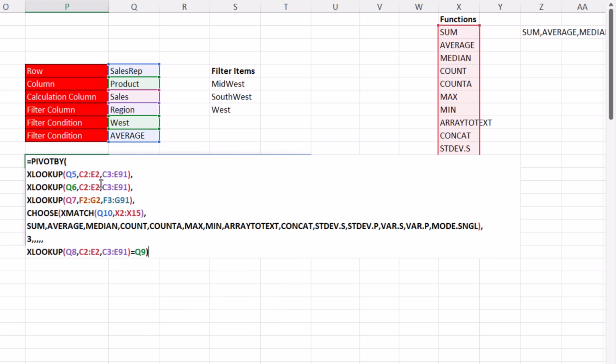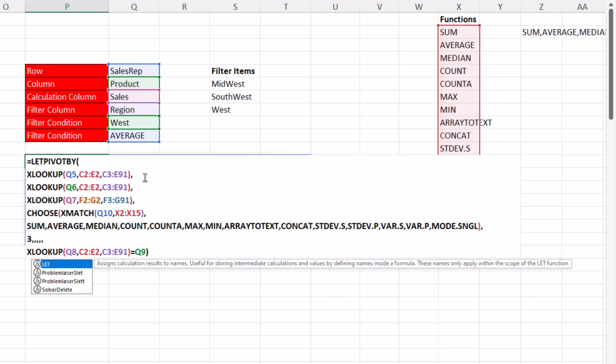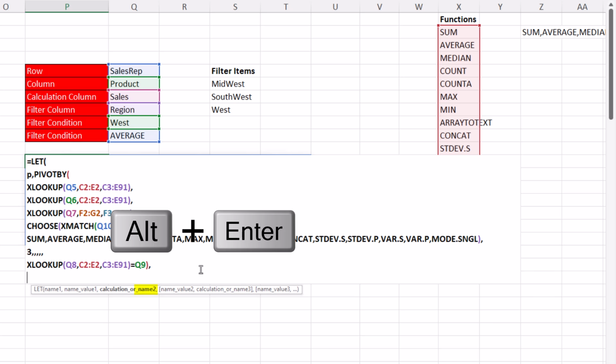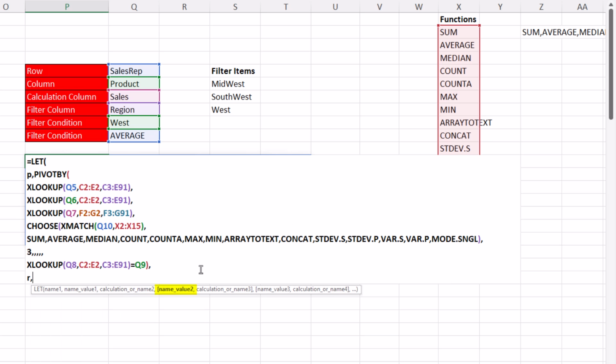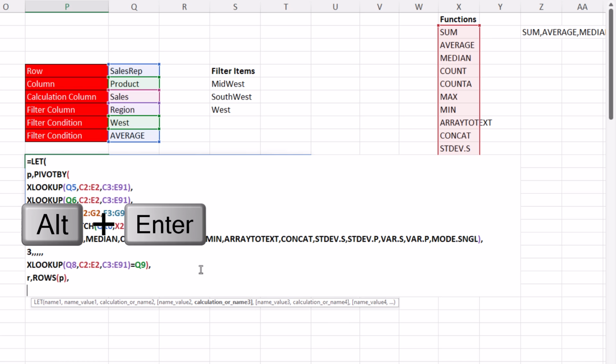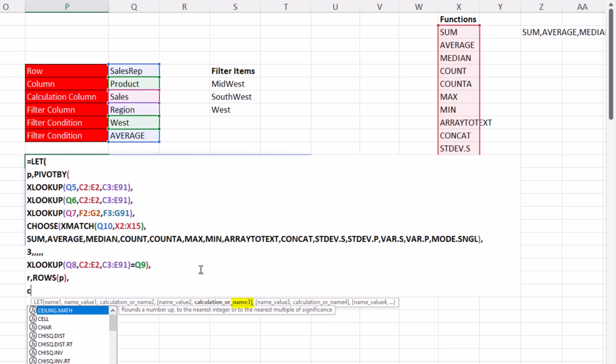So F2, we're actually going to use this as a variable because we're going to use it a few times. So this is where we use let, Alt-Enter. I'll call this P for pivot. Come to the end. So that's the value. P is the name, comma. I need to know how many rows there are, so we'll use the variable R. Rows, how many are there in P? We also need to know how many columns, so we'll call that C